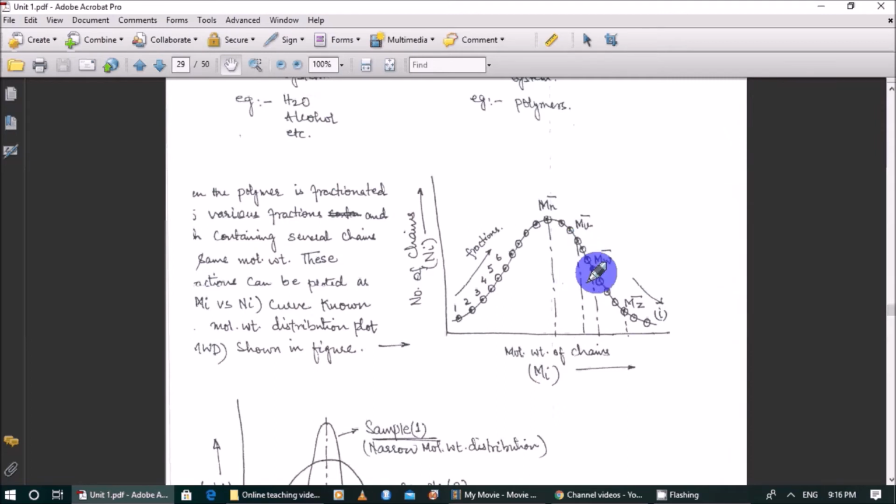Next, after that, the weight average molecular weight, and here it is the random average molecular weight. So this is known as the molecular weight distribution. This curve tells us that the number of smallest chains is very less, and the number of highest molecular weight chains is also very less, but the average number of chains are having intermediate or moderate molecular weight. You can see the maximum number of chains is here and they are having moderate molecular weight of the polymer.